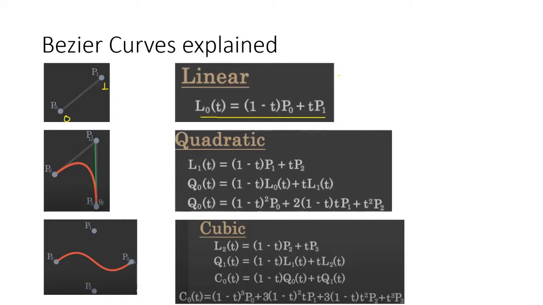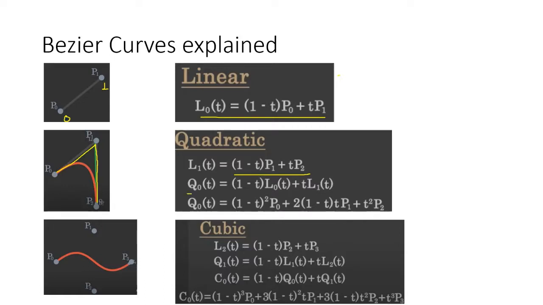So L0(t), the linear function, was like this. Whenever there is a quadratic line, or quadratic Bezier curve, how is it going to come into play? Let's say there are 3 points P0, P1 and P2. So first of all I have manually connected them using a straight line, then I am going to see how this Bezier curve is going to work. So for the linear case, we are going to have similarly L1(t) equals the same thing, (1 minus t) P1 plus t P2.